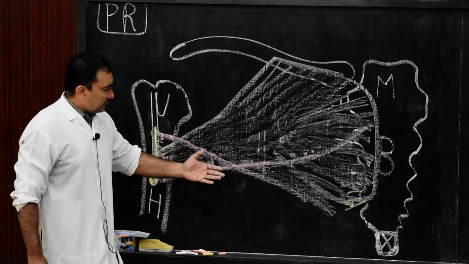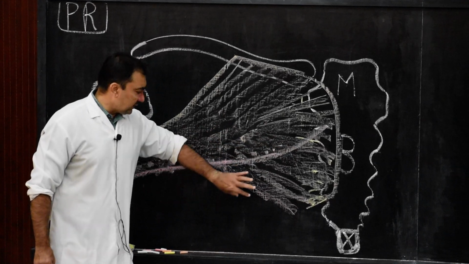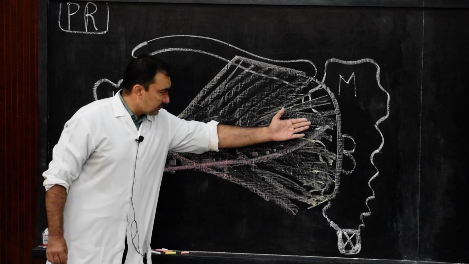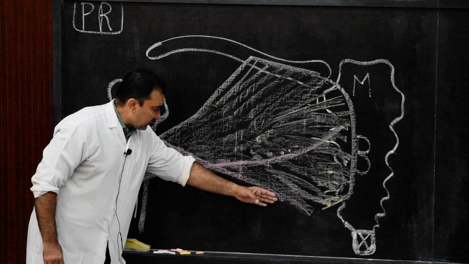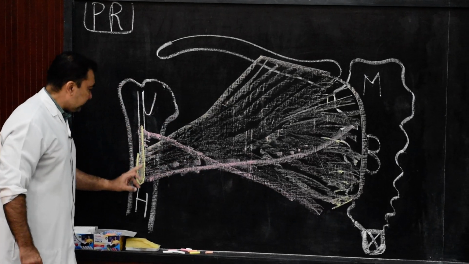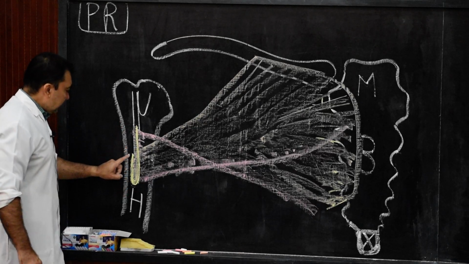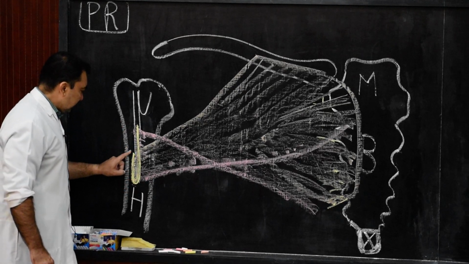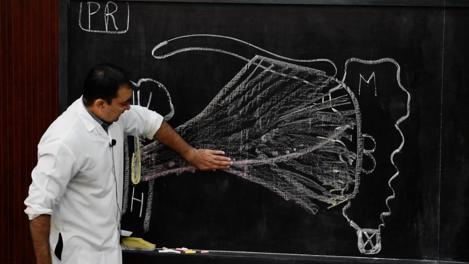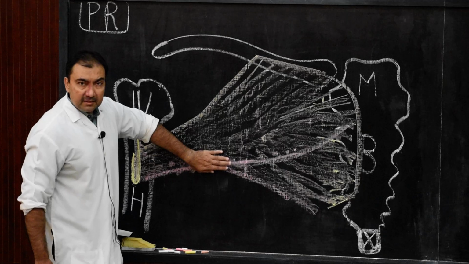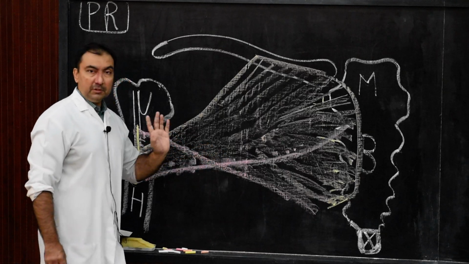As the fibers are coming from the remaining sternocostal part and the aponeurosis of external oblique muscle of abdomen, it will be twisted, in which the uppermost fibers will be inserted at the lower level and the lowermost fibers will be inserted at upper level. In this way, posterior lamina of pectoralis major is inserted. And the anterior lamina and posterior lamina will be continuous with each other in a U-shaped insertion.